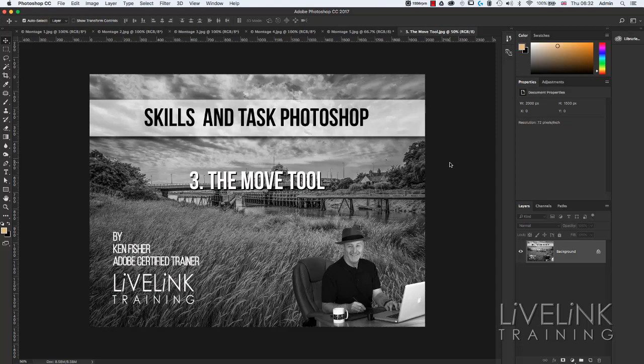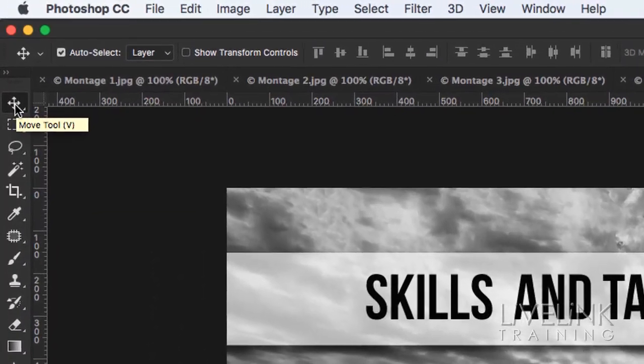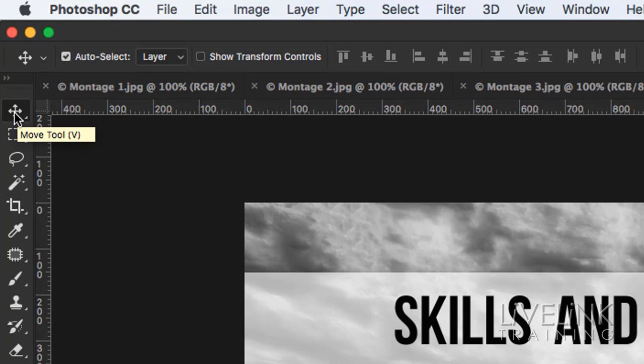And welcome to Skill 3, the Move tool. Now the Move tool is what we use for, well, as it says on the tin really, for moving things around. Now it lives up here in the toolbox at the top. It's the top tool, and if you hover over it you can see that it's got a keyboard shortcut of